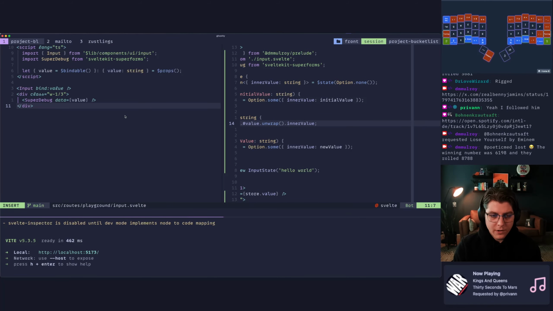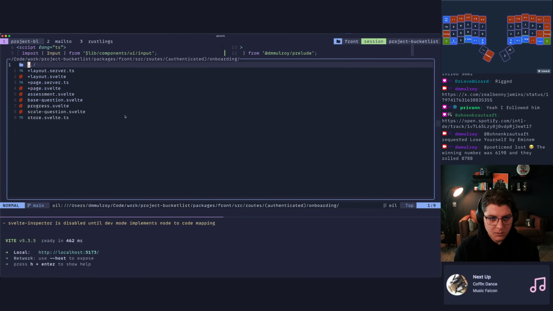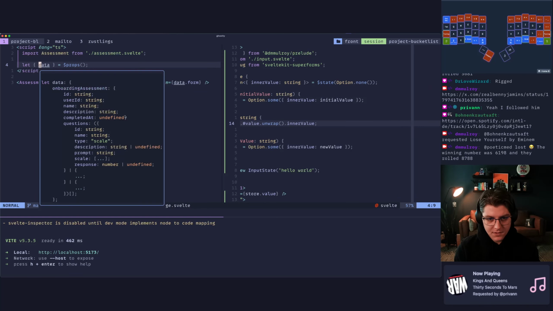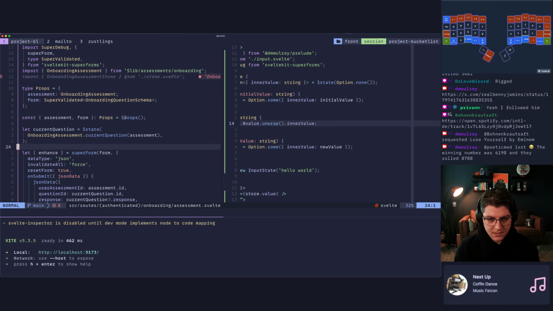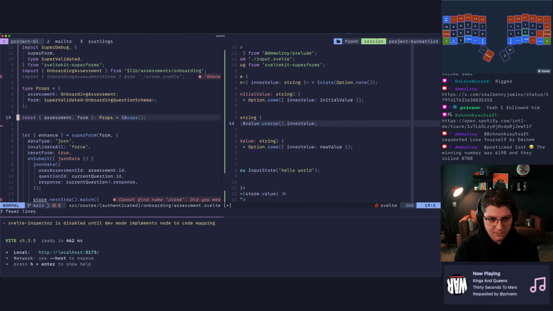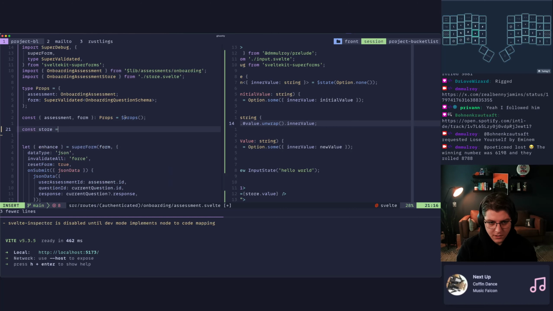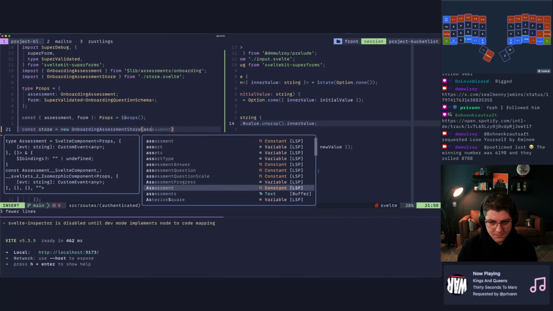So we are trying to use this same exact pattern over here in our onboarding, where we have a page. We get some data from the server. The server loads this assessment component. This assessment component, I was working on fixing this last night, but this is going to be const store equals new OnboardingAssessmentStore, and this takes an assessment.